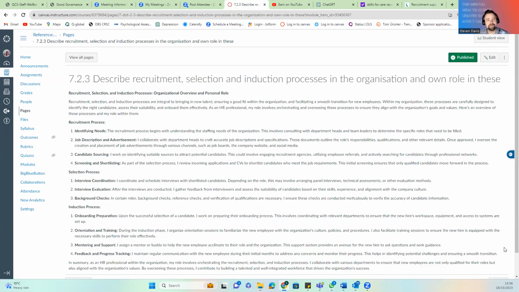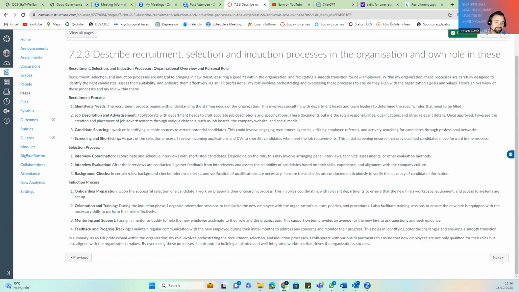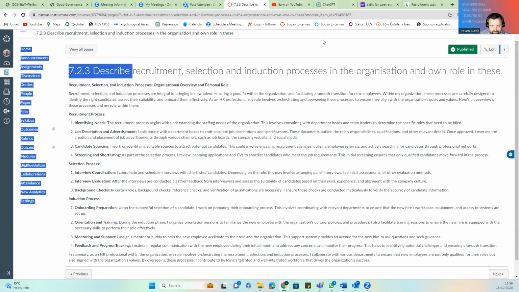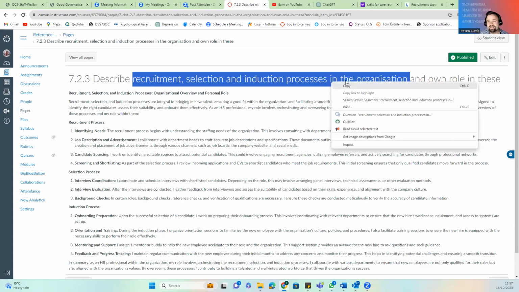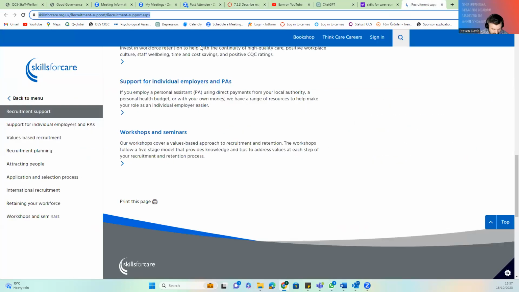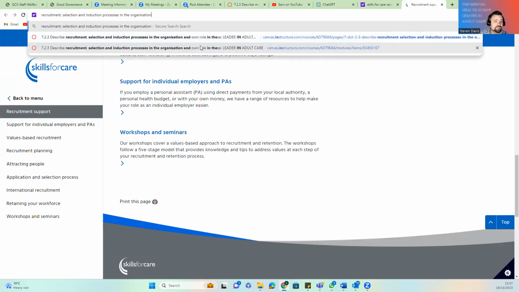So describe the recruitment, selection, retention process in organizations within your own role. So here we look at kind of what it is. The recruitment process is always going to be about identifying, selecting the right candidate, etc. But within your organization, there are legal responsibilities here as well. So recruiters,